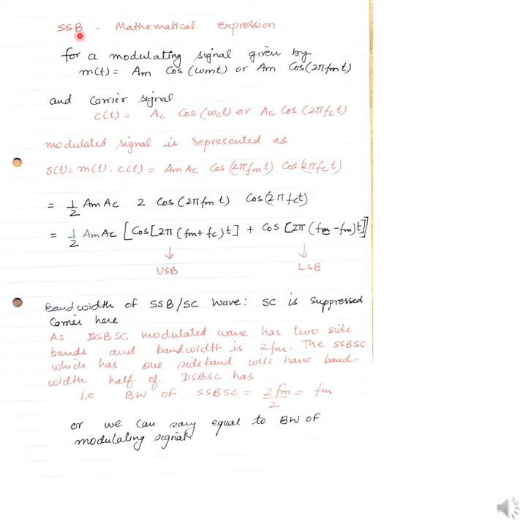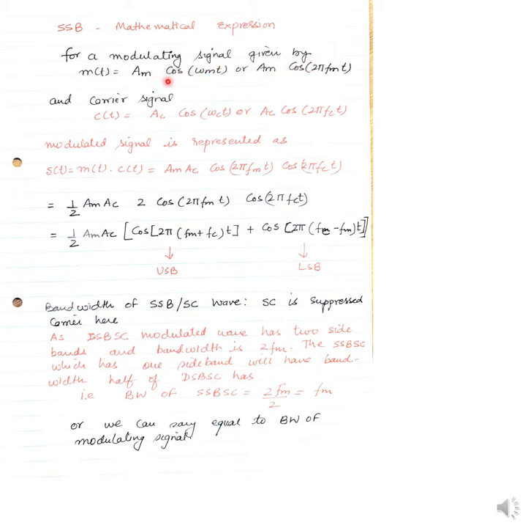Good afternoon, everyone. In today's lecture, we will talk about single sideband. So basically, in DSB, double sideband, we were sending the same information, requiring twice the bandwidth required for this SSB system. So instead of sending two sidebands, we are sending only one sideband in this, either an upper sideband or a lower sideband.